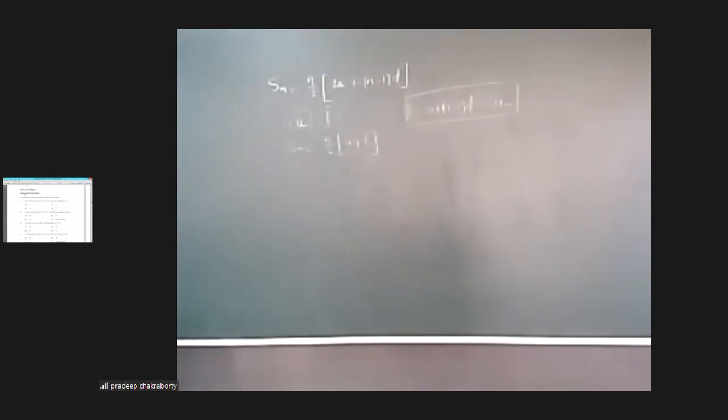Okay, now let us start with this one, Check Your Progress. First of all, it is an MCQ, so choose the correct answer from the given four options. If for a sequence Sn equals 2n minus 3, then the common difference is. Now Sn is given, we have to find the common difference.